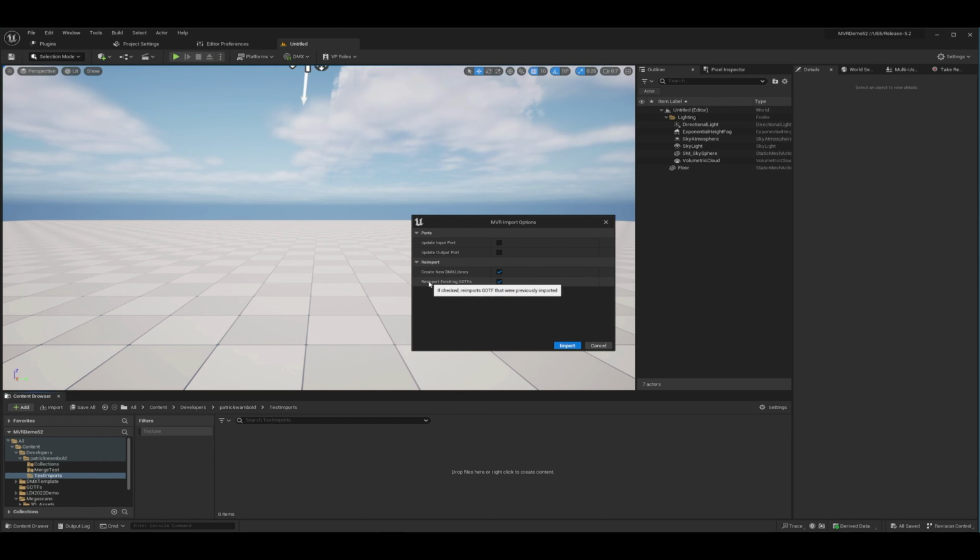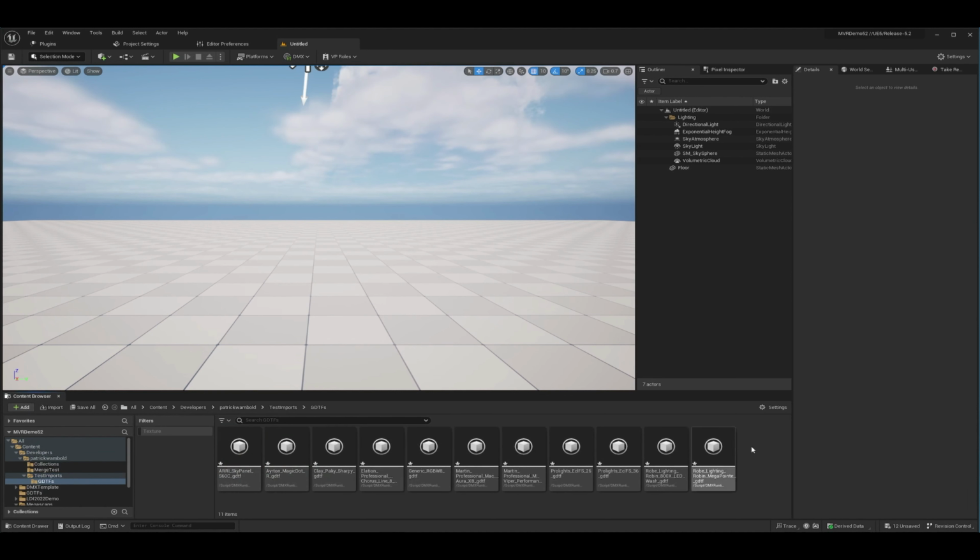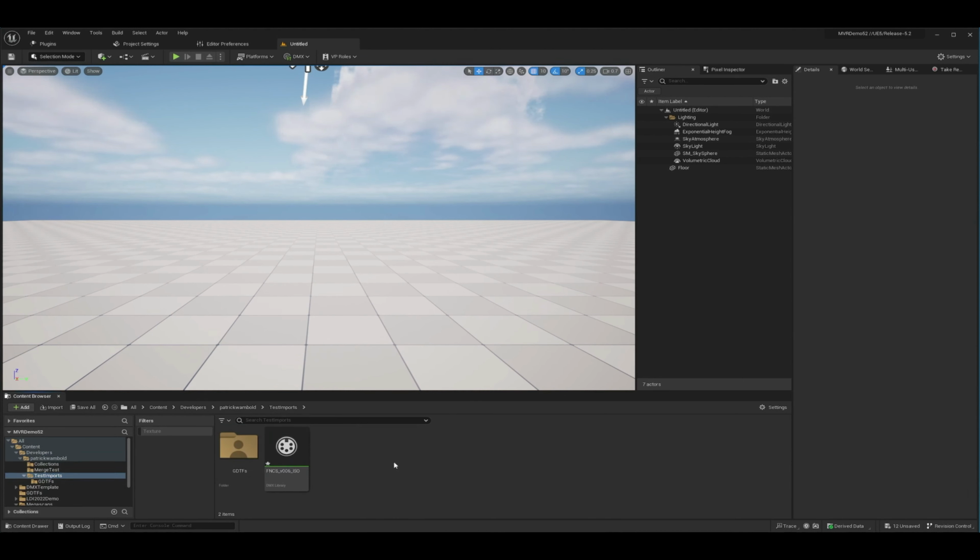And this is going to ask if we want to re-import GDTFs. It's only going to check in the local directory to see, so it kind of depends on where you put it. So in this case, I'm just going to click import, and it's going to think about it for, I don't know, a couple of seconds here. And then we're going to end up with a DMX library and all of the imported GDTFs that go along with that library. So the DMX library inside of Unreal is somewhat of the container for the patch and data information that we want to access.